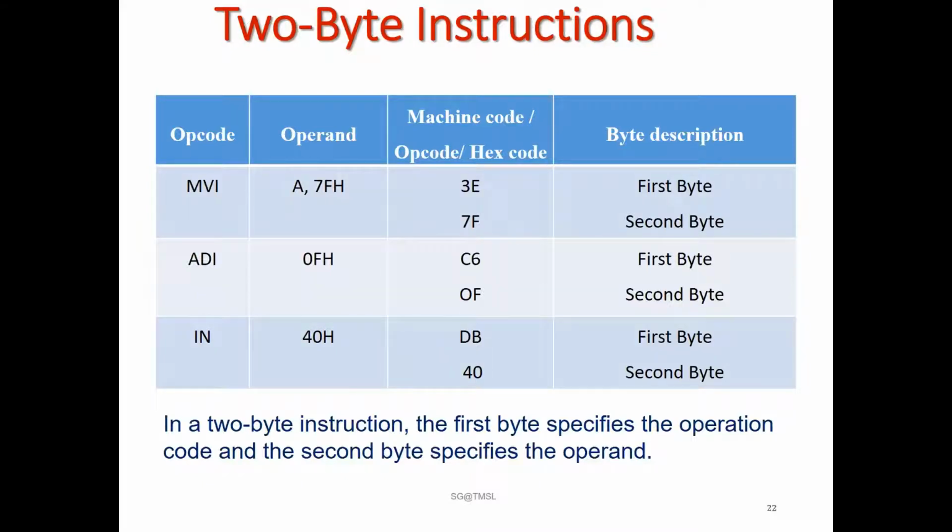These instructions are called 2 byte instructions, for example MVI A, 7F. It's random data which is used in this instruction. You can take any 8 bits of data from 00 to FF. Like I can write it as MVI A, 03 also. So the complete instruction is this one, MVI A, 03.